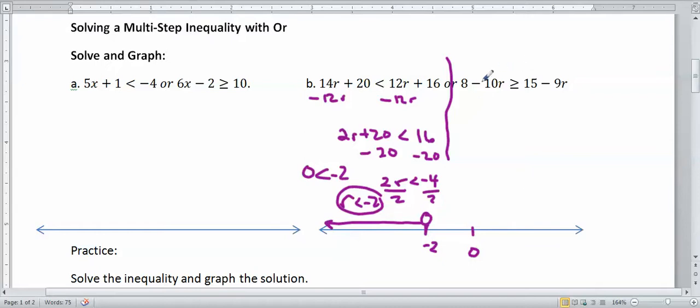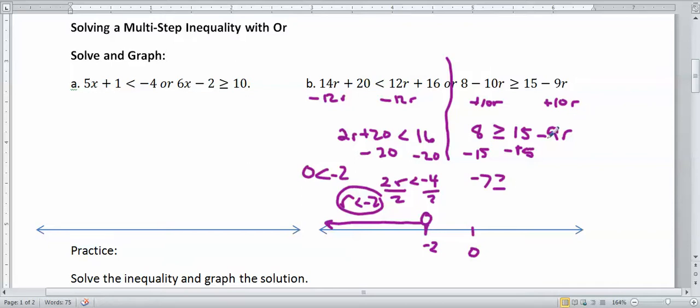Okay, now we need to check the second one. All right, to get r by itself, I'm going to add 10r to both sides to get rid of one of them. Okay, I always like to get rid of the smallest one because that's going to guarantee that my side's a positive answer. My other side has a positive variable. Okay, so with 8 on this side, I got 15 minus 9r. Then subtract. Okay, so I get negative 7 is greater than or equal to,